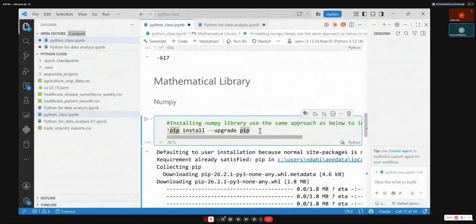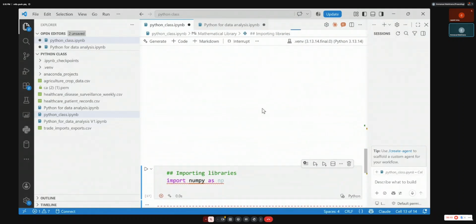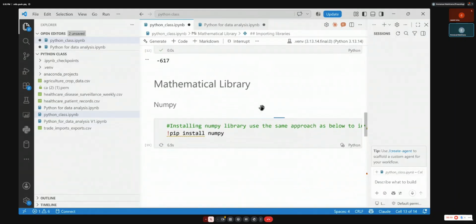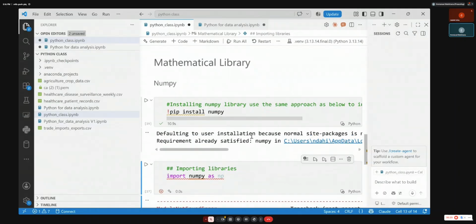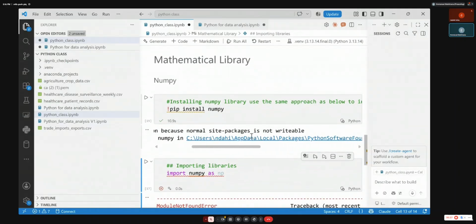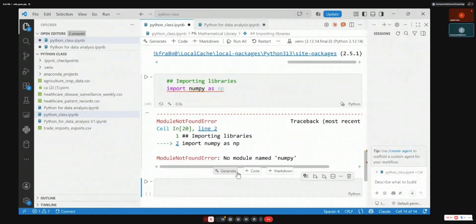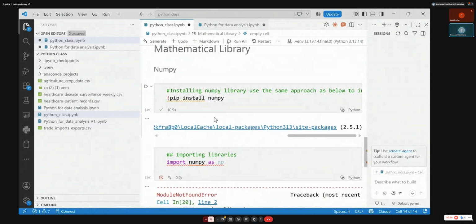Well, let's see. Pip show numpy. Let's see. Why this? It should be there.